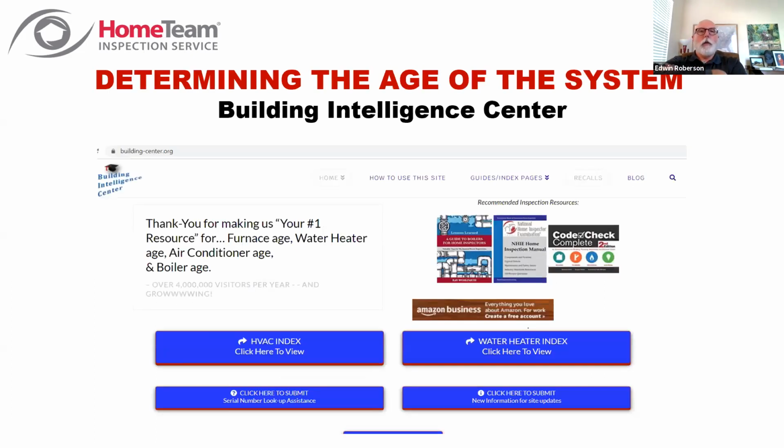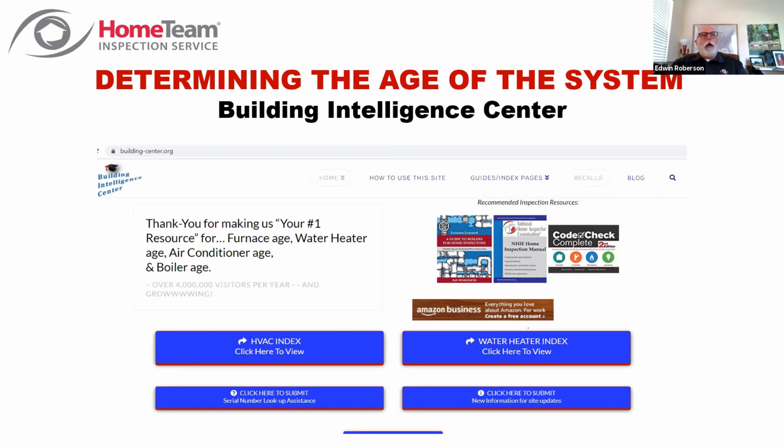Then the second thing, and this is a handy website that I inform agents of. This is where we go to find out everything we need to know. And if you look down at the blue, you'll see there's an HVAC index and there's a water heater index. So what I'm about to tell you is good for nameplate data on an HVAC system or on a water heater for determining the age of the system. So you see that URL up there,